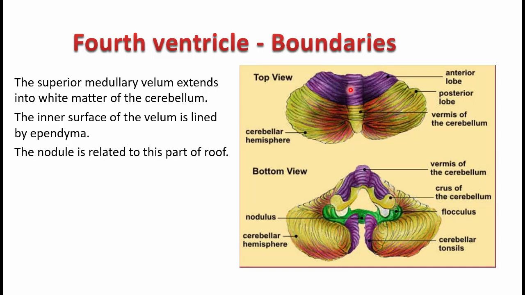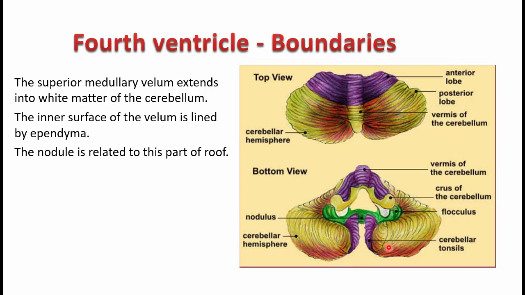The vermis you are able to see from above, it folds on below, and it forms the nodule, and lateral to the nodule what you see is the flocculus. So the flocculonodular lobe is seen in a separate color here. This forms the archicerebellum. The remaining anterior lobe is shown in a different color, which forms your paleocerebellum, and the remaining is your neocerebellum. Let us not go into much detail of it.